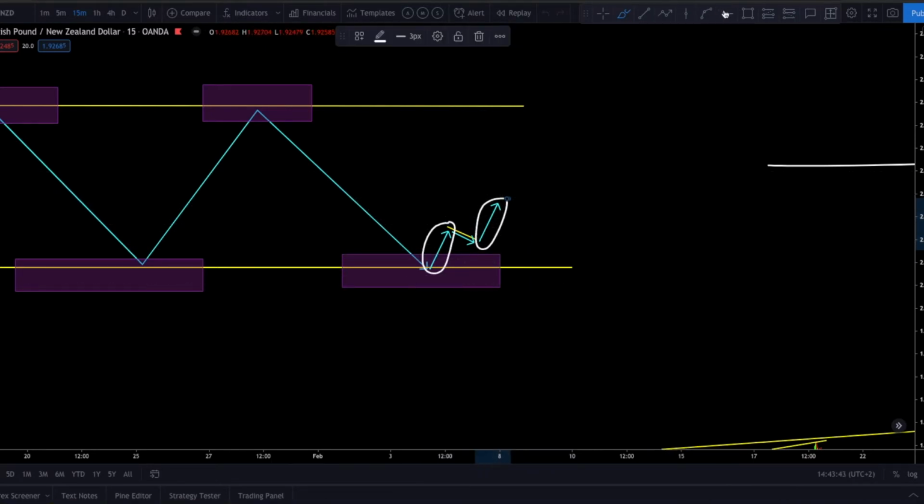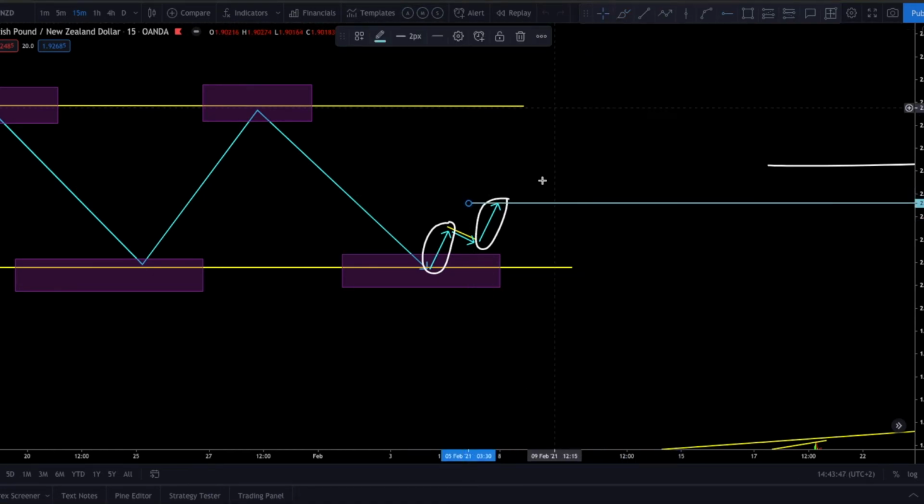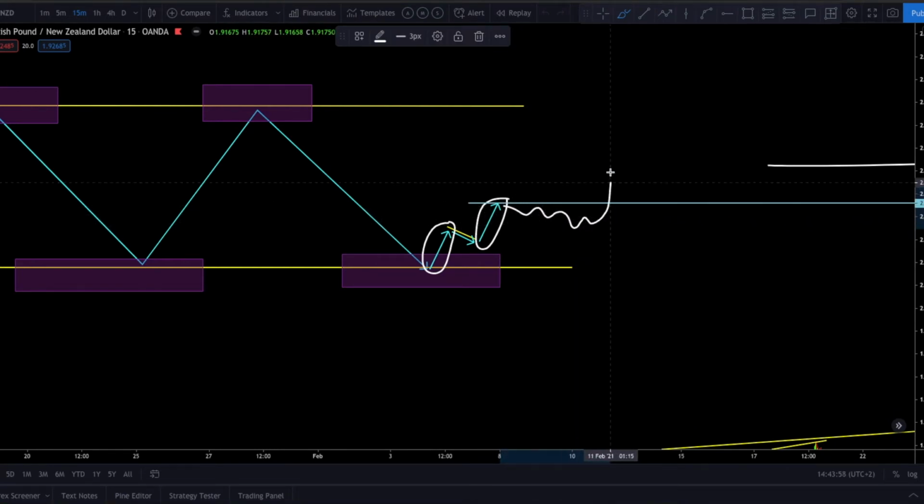So once it comes to the 100% of this move, which is here, you take your profits, because what is coming next, if this is a 1 minute, a 5 minute correction will be coming in, which might be longer, and then you get another impulsive move. So now it becomes different, because you